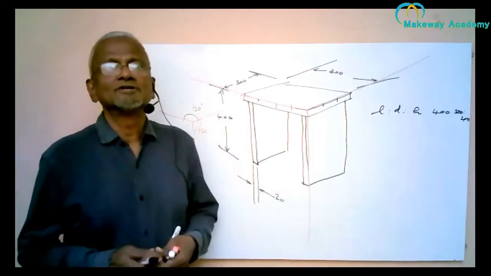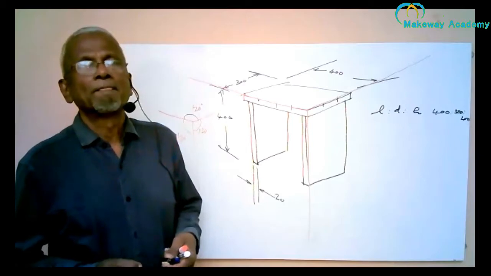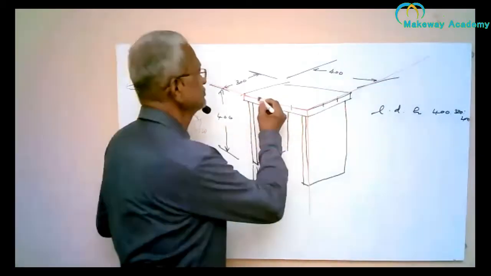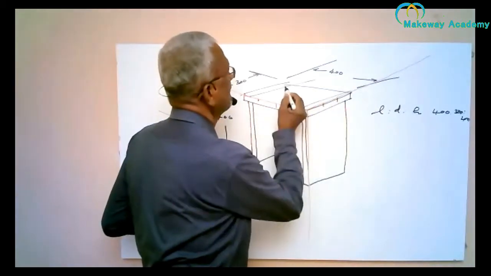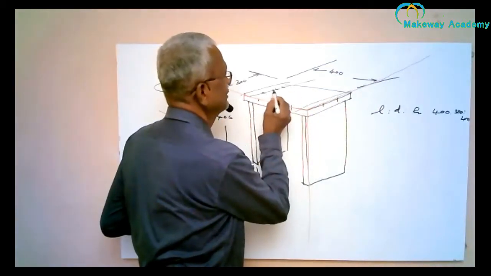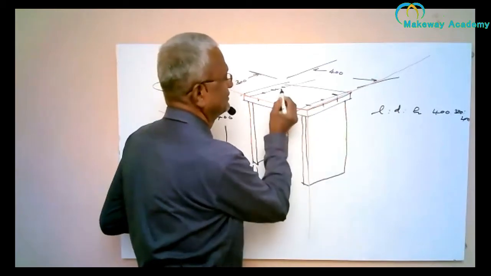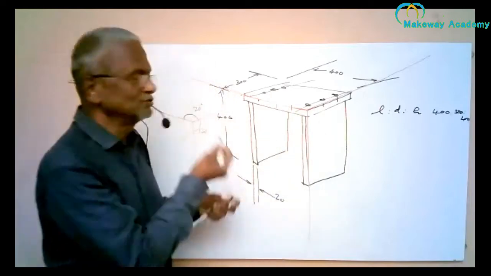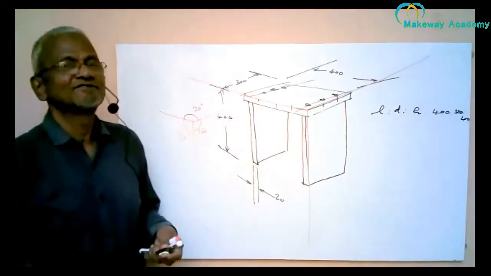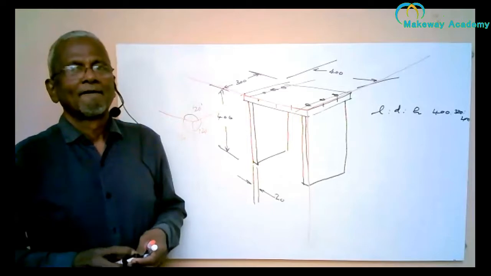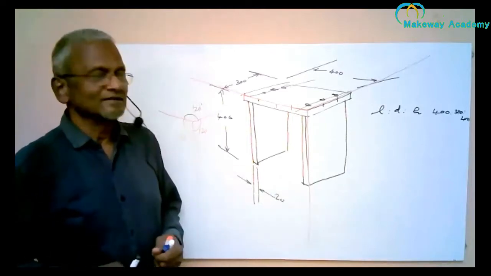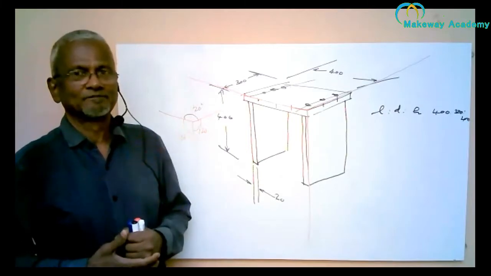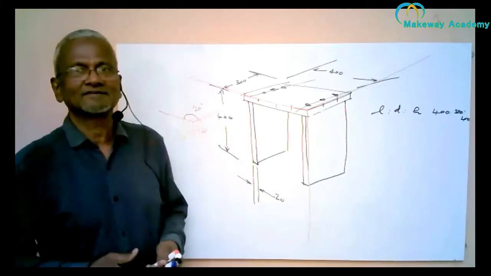And then I have not shown where exactly these two plates have been screwed with the top plate. That can also be shown. So 3 screws here, 3 screws here. So these are the locations. Or you can actually show the screws. There are 6 screws. So this is one way of representing the object: isometric drawing. It is built on 3 isometric axes.